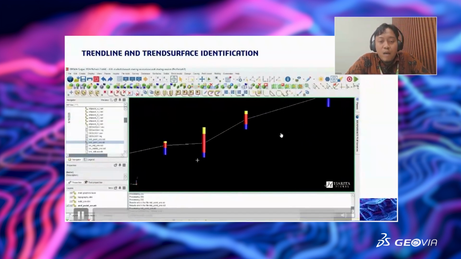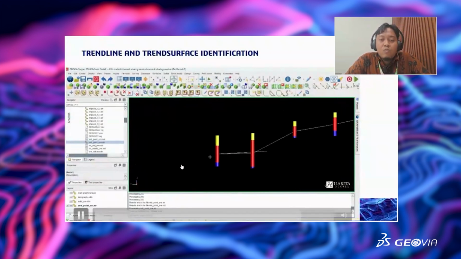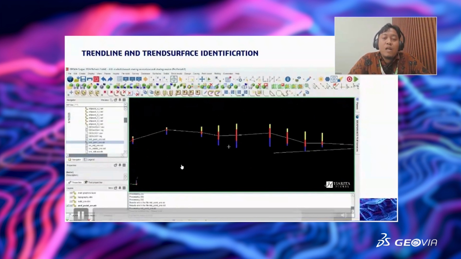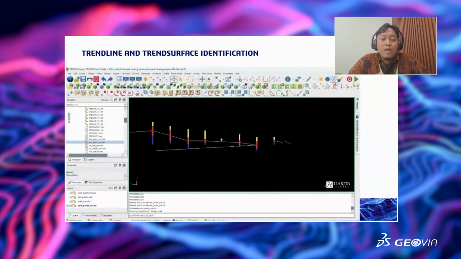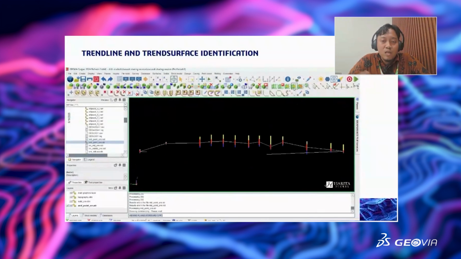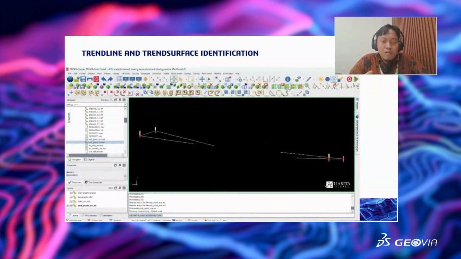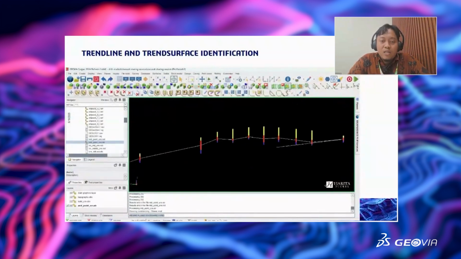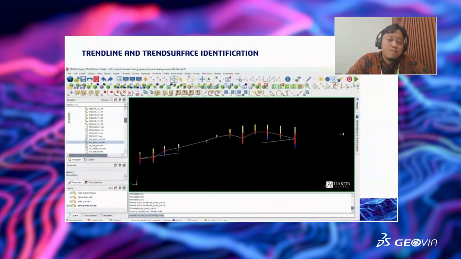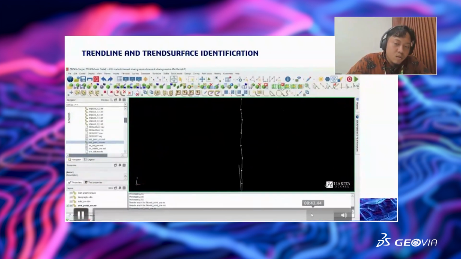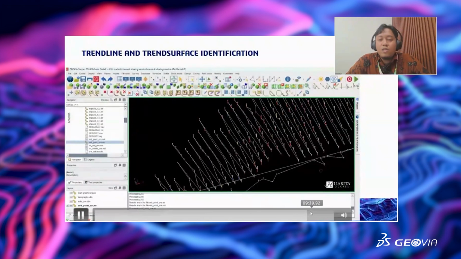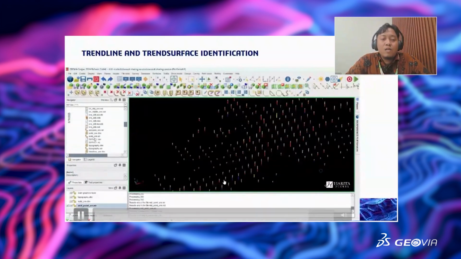So this is my trend line. It will capture the dip direction of my solid here, because this is just to represent it, and my trend line is in the middle of my solid ore. After that, we create the string, and after the trend line, we create the trend surface here.